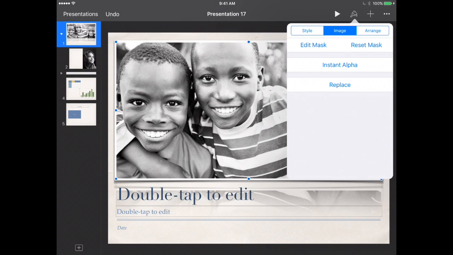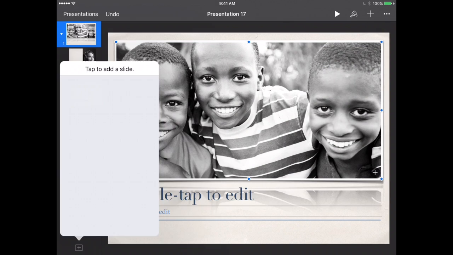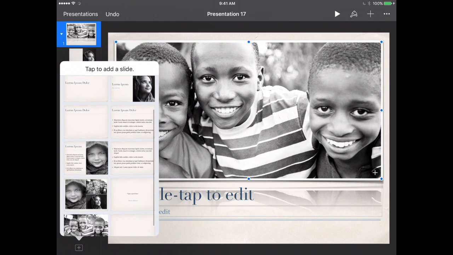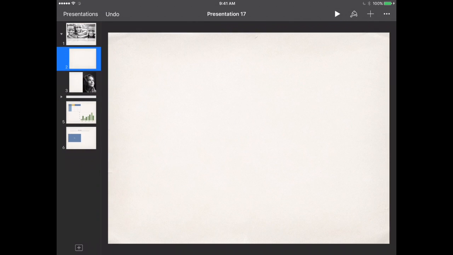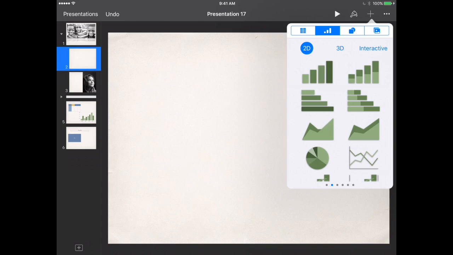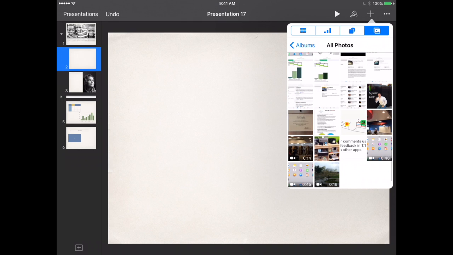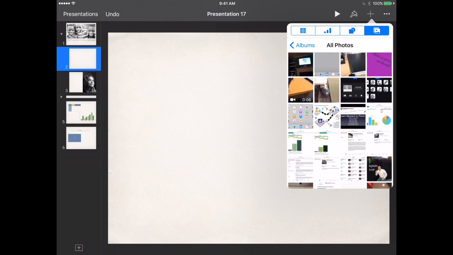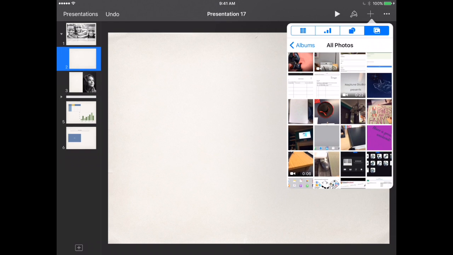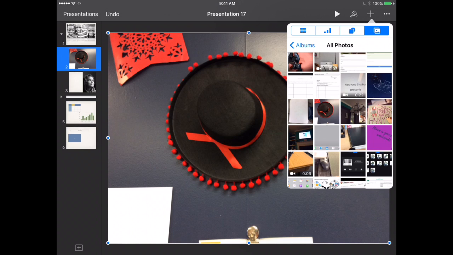The other thing you can do is Instant Alpha. Now this photo would not be a good photo to do Instant Alpha with, so I'm going to add a new slide to show you what Instant Alpha actually is. I'm going to add a photo from my camera roll, and I'm going to choose one that has a varying background from the image so that you can see what I mean. So I'm going to choose this photo of a hat that I have from the wall,